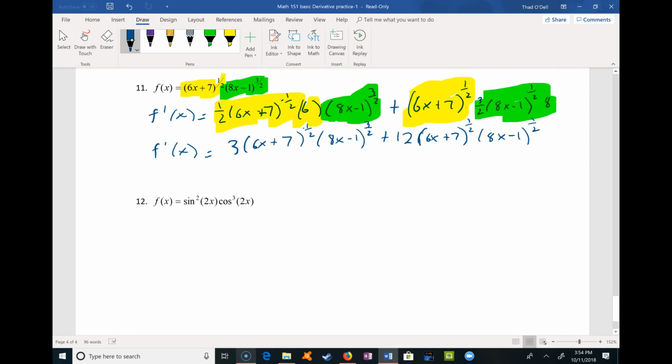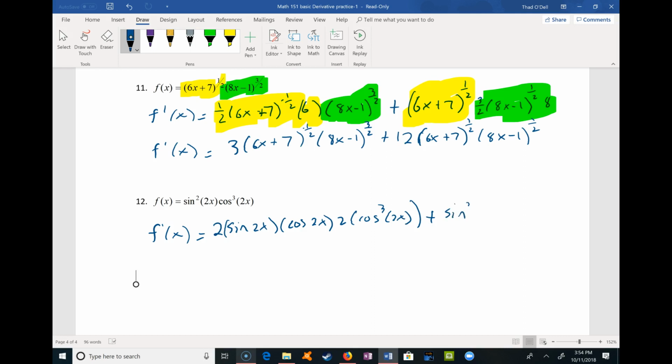Yep, one more. So this is going to be a product rule again. And take the derivative first. That would be 2 times sine of 2x times the derivative of sine of 2x, which would be negative, or no, it'd be cosine of 2x times the derivative of 2x, which would be 2, times cosine cubed 2x. And then we're going to add to that